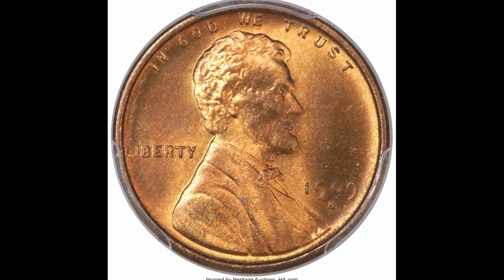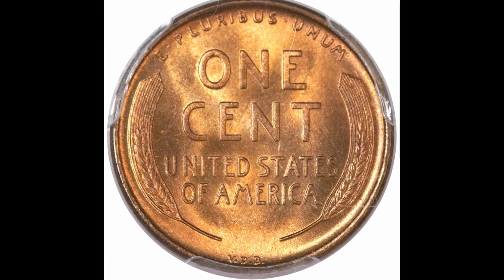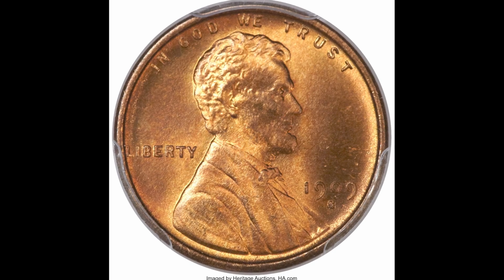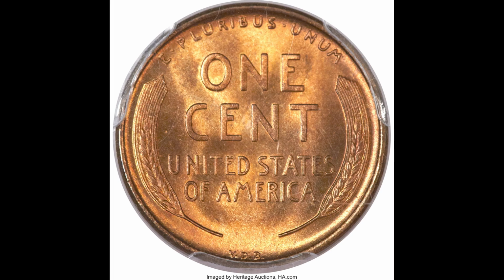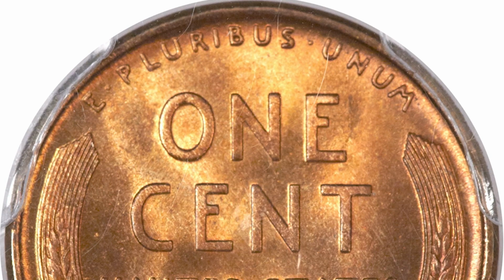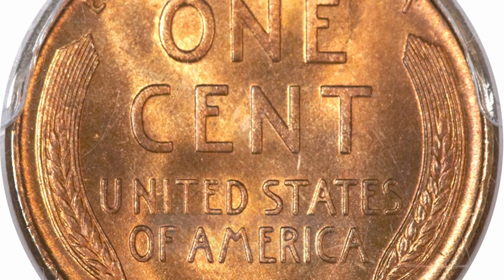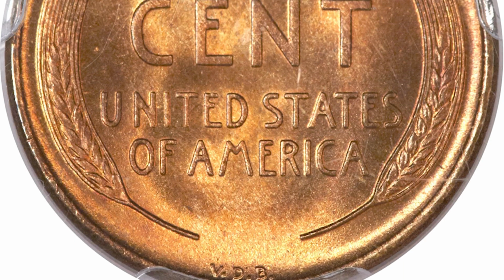But this next coin is a San Francisco minted coin that sold for $117,500. Now, why did this coin sell for so much more money than the first example? They're both 1909 coins. They both have an S mint mark. Now, I'm going to show you exactly why right now. So this coin graded by PCGS at a mint state 67. This is a red coin again. The big thing you want to look out for on these coins is if you flip the coin over and look on the back bottom center of the coin, you're going to see the initials of VDB. VDB stands for Victor David Brenner, which is the initial engraver and designer of these coins. Now, these coins were produced in an even smaller quantity than the typically issued 1909 S coins. So the VDB at the back bottom center of the coin is what you need to be looking out for